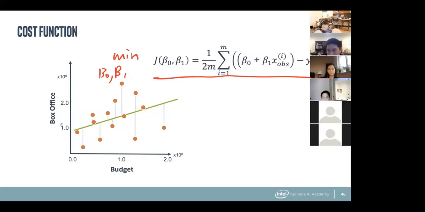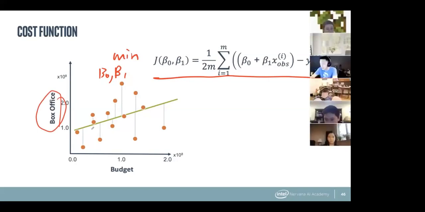We're trying to predict the box office. So this is our target. We're trying to figure out the box office of a movie, given some information about it. And so what information are we currently using, and how many pieces of information do we have? Yeah, exactly, the budget. And if I can count, that's one thing. So we have one feature here, which is the budget. We're trying to use the budget to predict the box office.